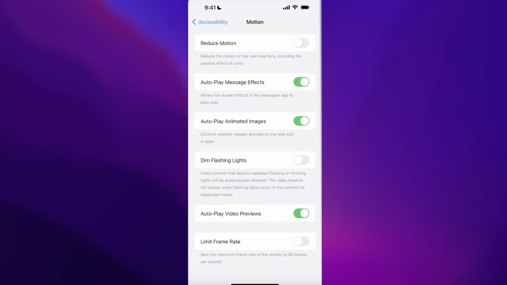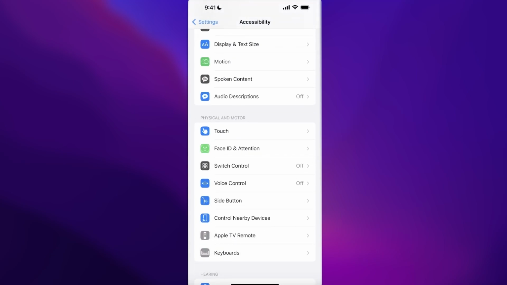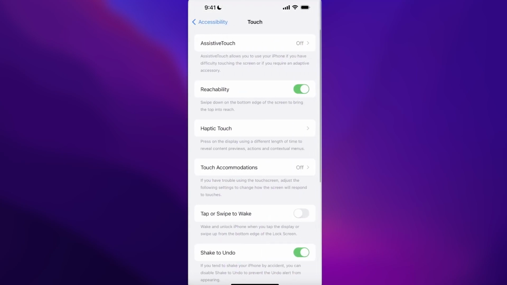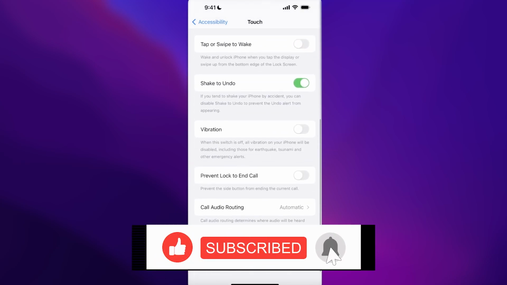And you can also reduce the motion that you have, as well as set up your voice control and touch options, such as haptic touch, as well as touch accommodations, and your undo options. So if I just shake my phone, it will undo the last change that I made. I can also tap or swipe to wake my phone, as well as set up a double tap to open up the particular application I want